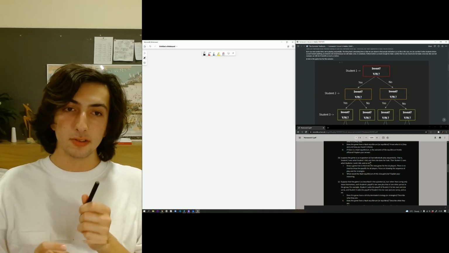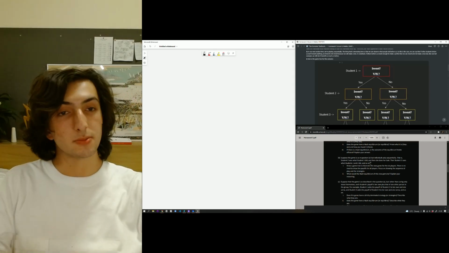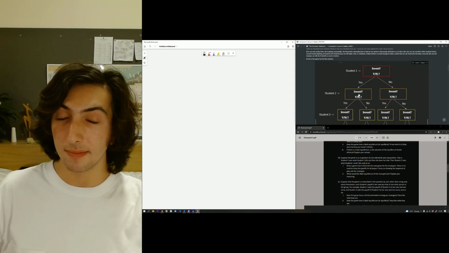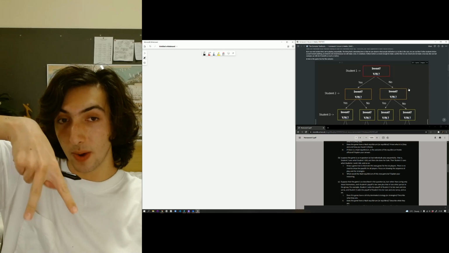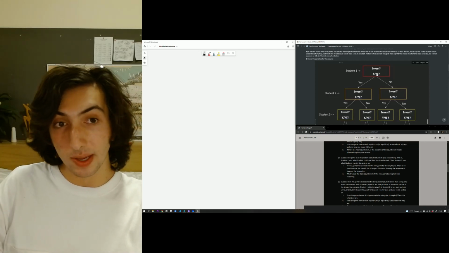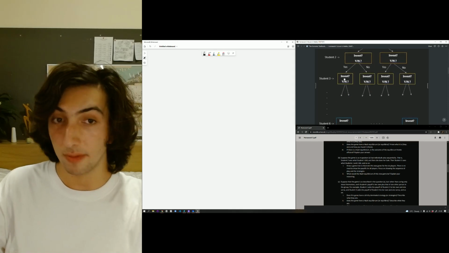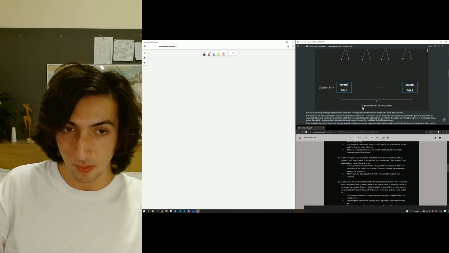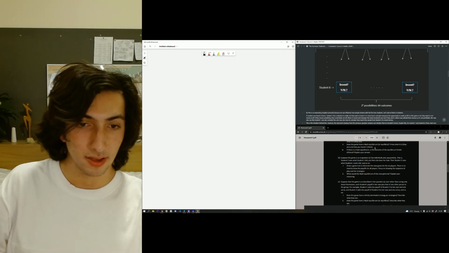So what we're going to do is give 2 decisions for each person. Can the first person invest, as we can see over here? If they do, this leads to one outcome that might be different to if they don't. So we split it into 2 each way. After 1, we're going to have 2 possibilities. After 2, we're going to have 4 possibilities. After 3, we're going to have 8, and so on. By the time we get to student 6, we have 2 to the 6 possibilities, 64 possible outcomes.